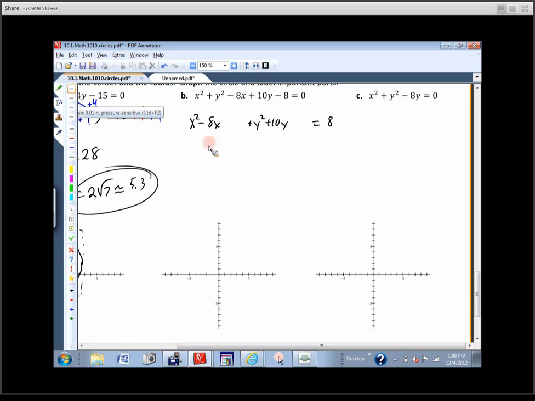Half of that is 4. Squared, I get 16. I really did add 16 over here, so I'm going to add 16 there. Half of this is +5, so I'm going to square that. I get 25, so I'm going to add 25 over here. So this is going to be a perfect square of x and that number that I found right there, quantity squared. Y and that number that I found right here, quantity squared. And then I add those together. Let's see. 8 plus 16 is 24. Plus 25 is